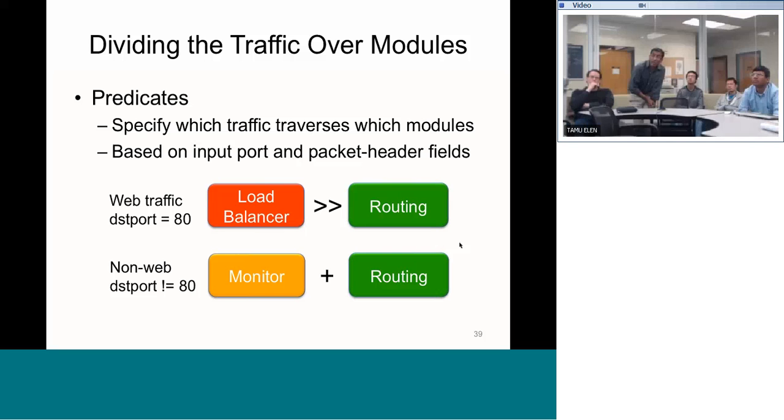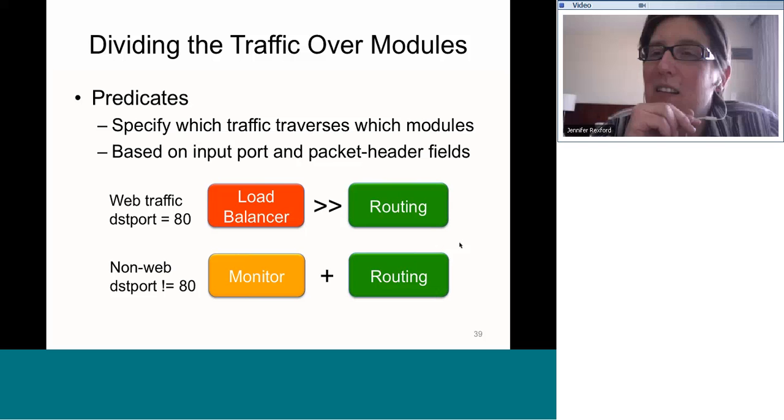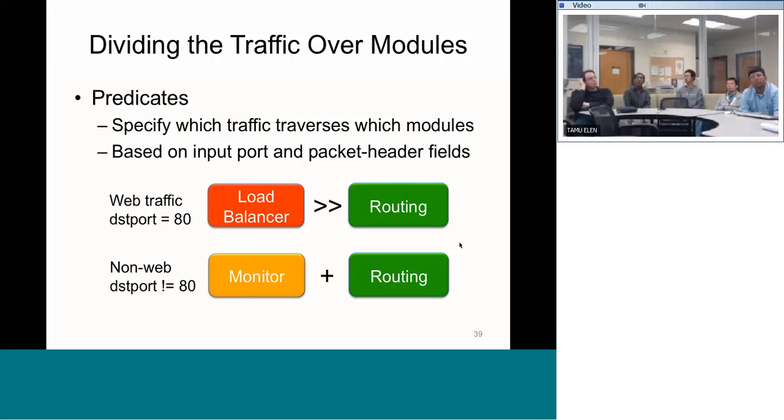I'm talking about the example you're showing here. You're saying web traffic with destination port 80 going through a load balancer and routing, non-destination port 80 doing something else. Those two rules look like the firewall, the same issue as the firewall issue now, right? And let's say if I